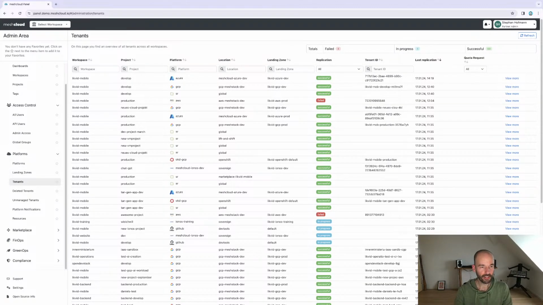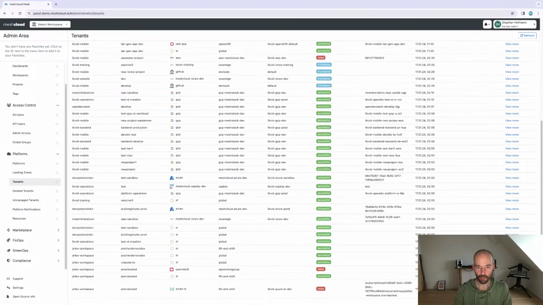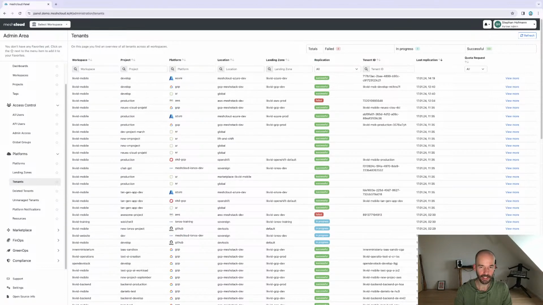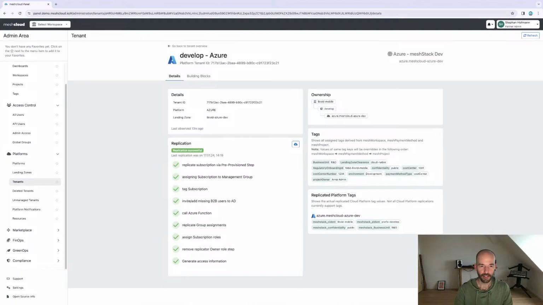Here, then moving on to the tenant overview, just a really high-level overview of all the different tenants inside of your cloud universe. Easy to sort. If you want to drill down, you can do so. You can go into different parts, and you can see more information about the